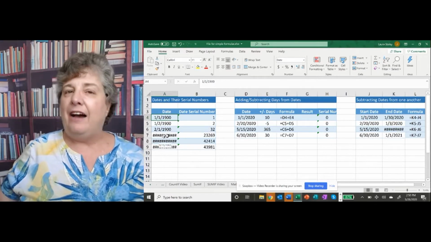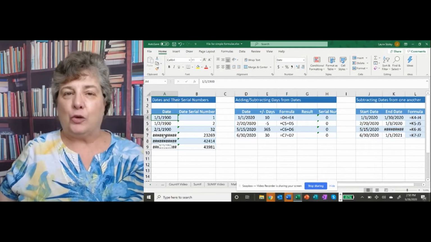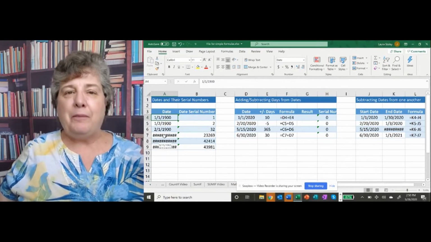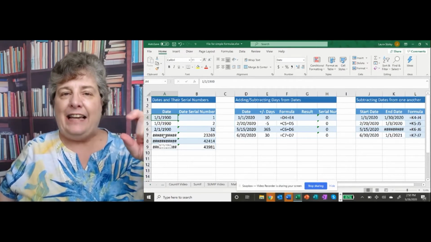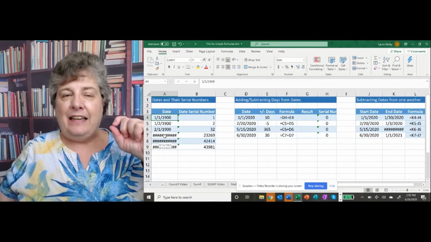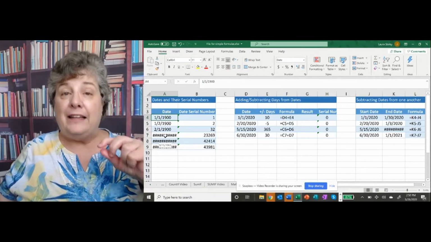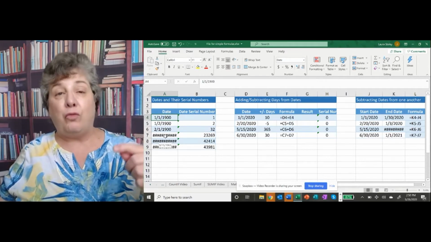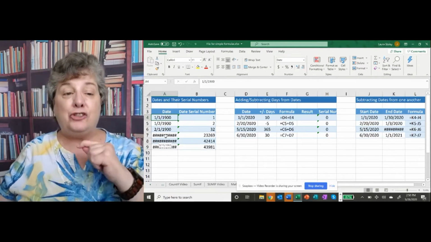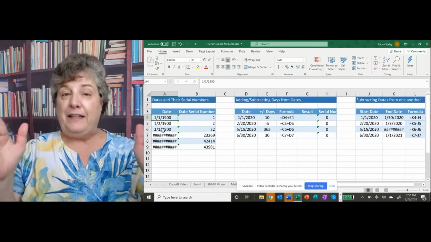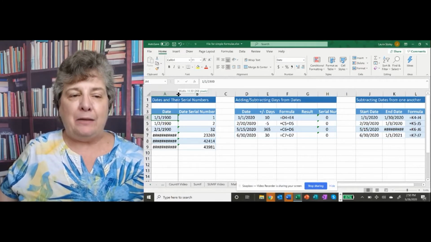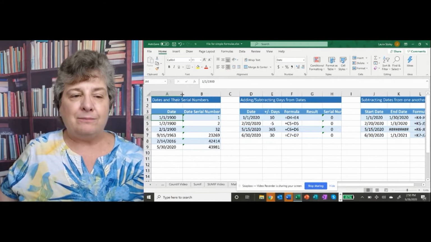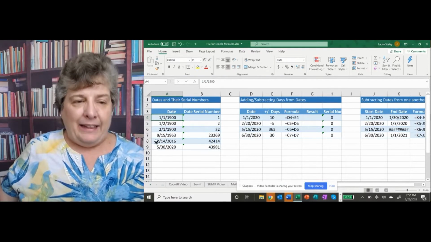Now notice I have these hashtags or number signs. That is probably the most common error you are going to see in Excel. And all it means is that the number in the cell, in this case a number formatted as a date, is too wide to appear in the cell. So all that means is I have to come up here between A and B and make this a little bit wider. Okay, there we go. And then